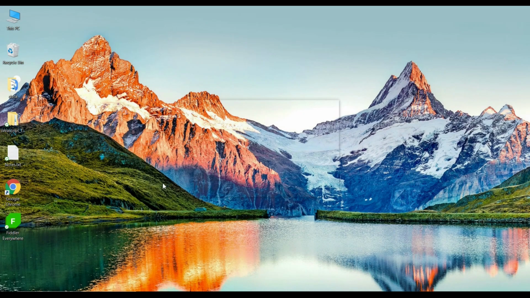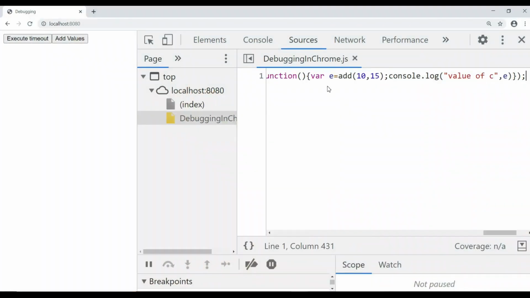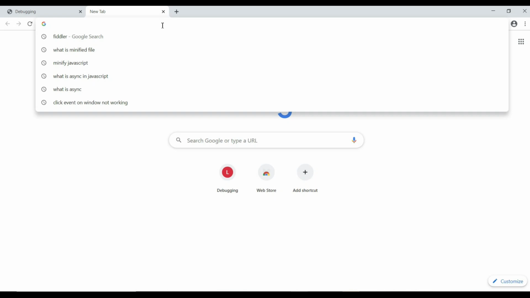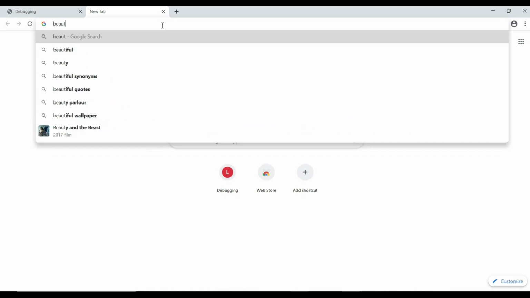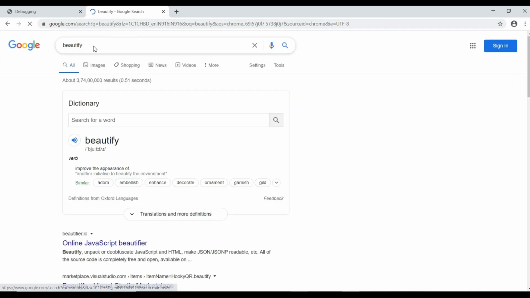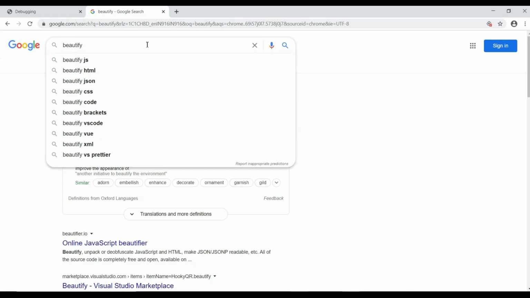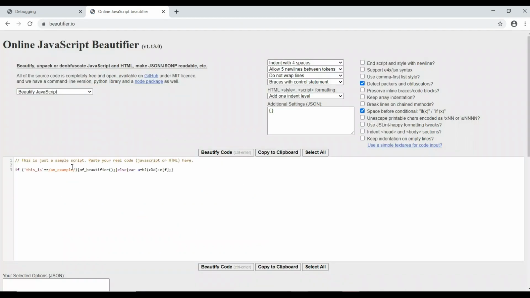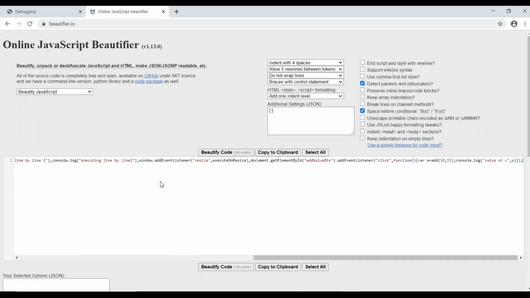So let me run it, and meanwhile it's running, what you need to do is get your minified file, and you can unminify it or beautify it. Or, if you are using Webpack or any other builder in your application, you can just provide some configuration, so that in your local you just modify your configuration so that your Webpack or any other builder tool which you are using should not minify your file.